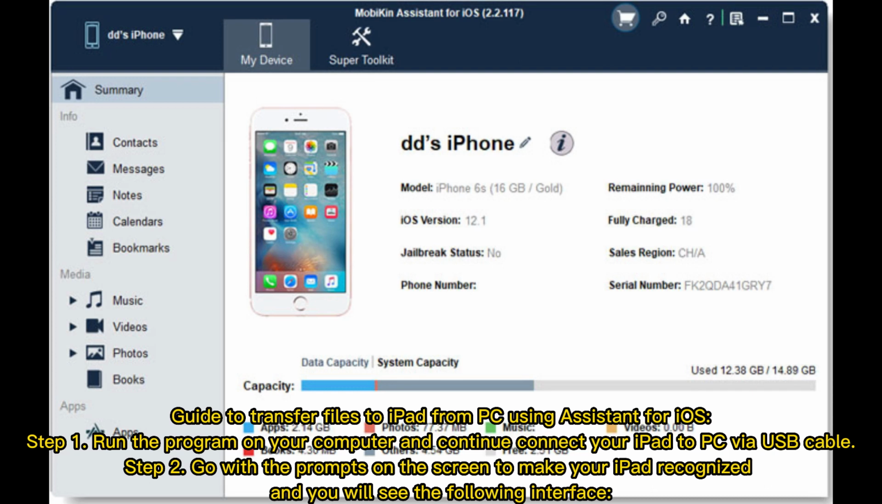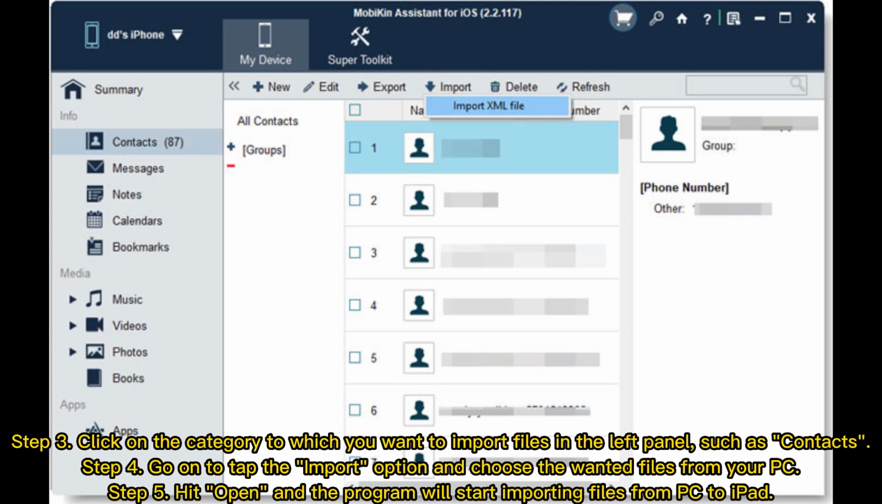Step 1. Run the program on your computer and connect your iPad to the PC via USB cable. Step 2. Go with the prompts on the screen to make your iPad recognized, and you will see the following interface. Step 3. Click on the category to which you want to import files in the left panel, such as